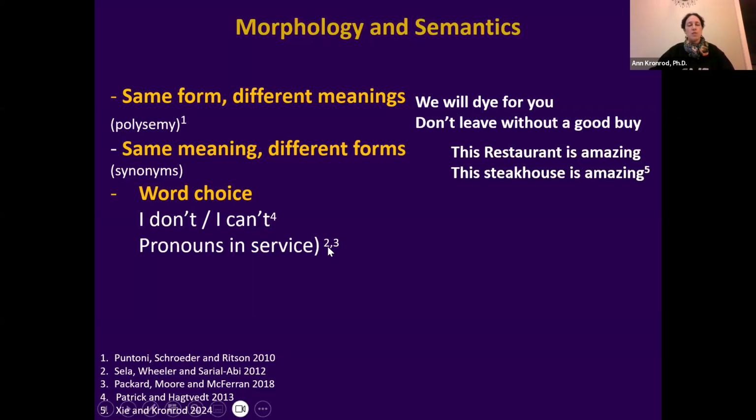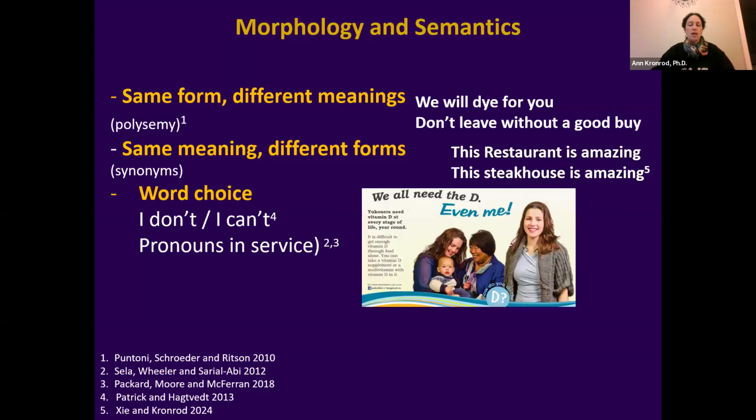And sometimes in service, all we're talking about here is word choice. When you think which pronouns to use. So think about the pronoun "we." You know, because you know the word "we," that it includes me and you. When I say "we" and I'm talking with you, I mean me and you, we're included, and there is a whole group that is included. "We" is not just one person. So you can see in this ad that the "we" is included in the me is included in the "we." So this is about how you choose pronouns.